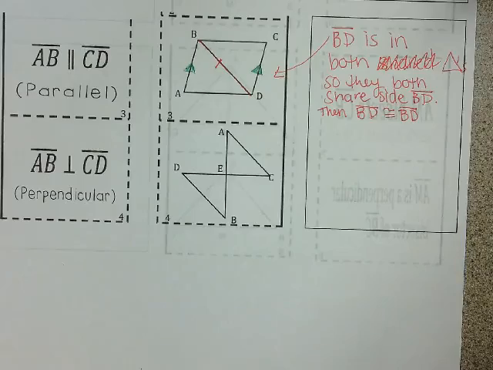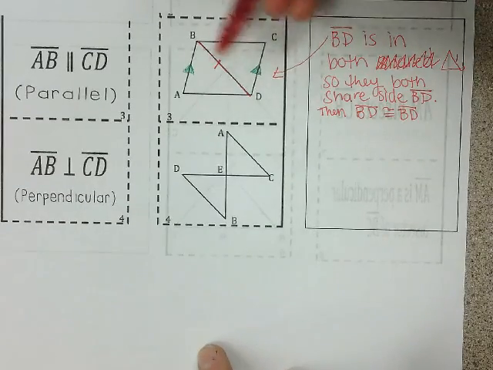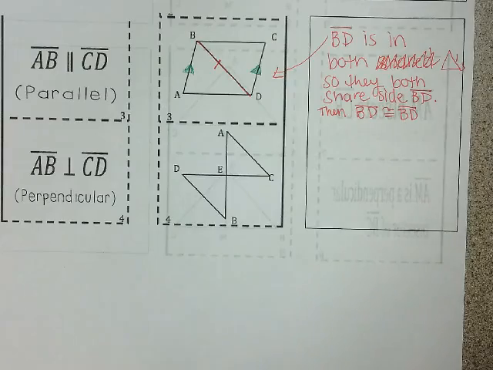That side is shared in both triangles, right? Do we see how that's two triangles and they share that side? So it's congruent to itself. That will come in handy later. That's called the reflexive